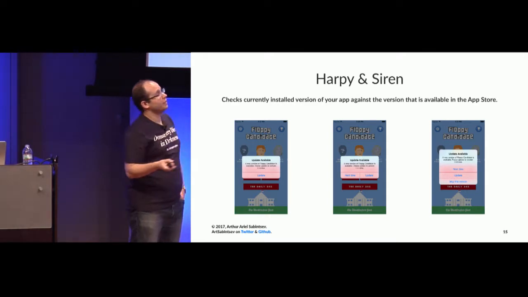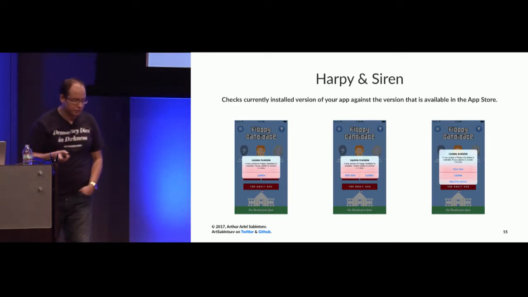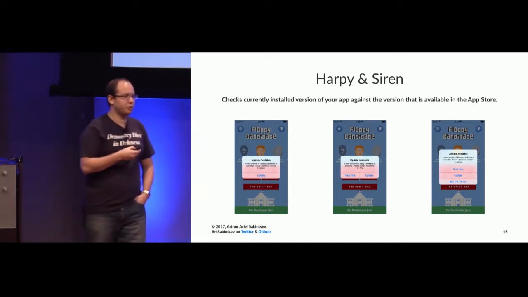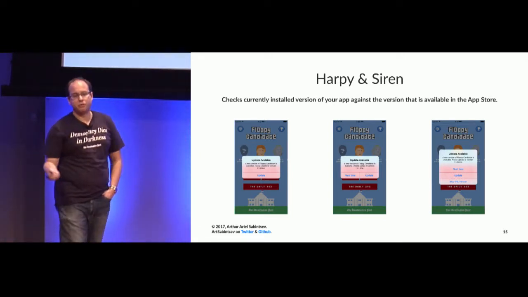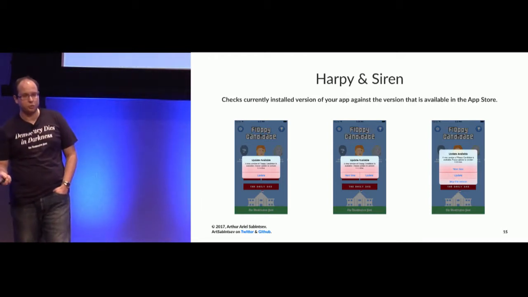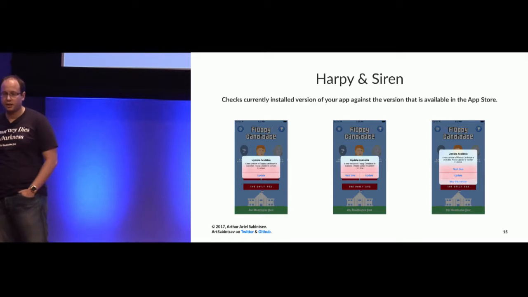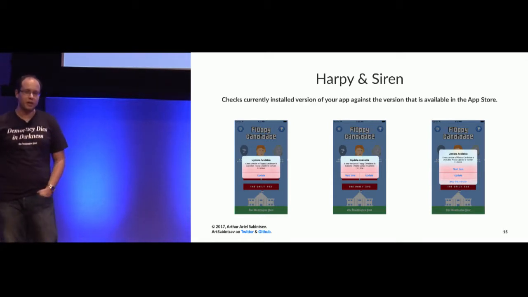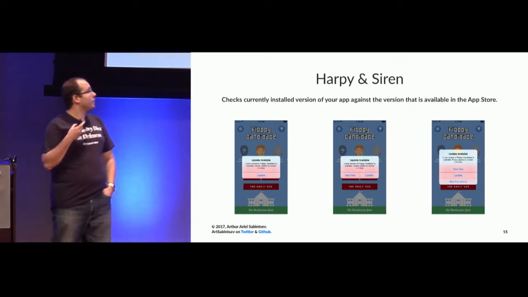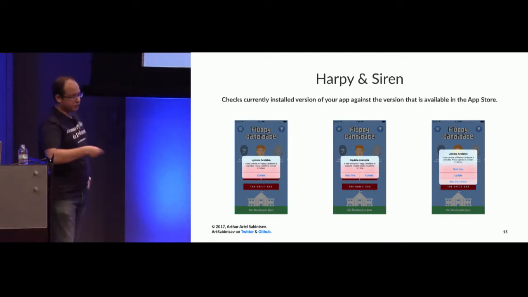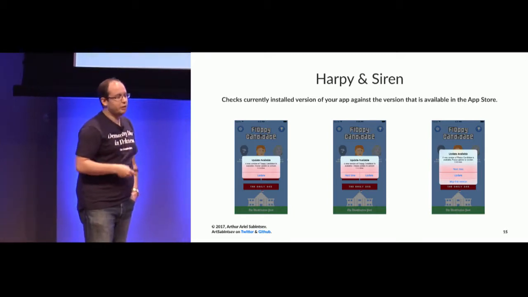What these repositories do is they check the current version of the app in the App Store versus the one you have installed. And then they present you with one of 3 alerts. You have a choice as a developer what you want. Do you want it to force the user to update the app? It totally locks the user out of the app if you want, which is bad UX, but there might be certain times when this is appropriate. And then it gives you the next time option. So next time you do a cold launch, it'll prompt you again. Or you can skip this version.